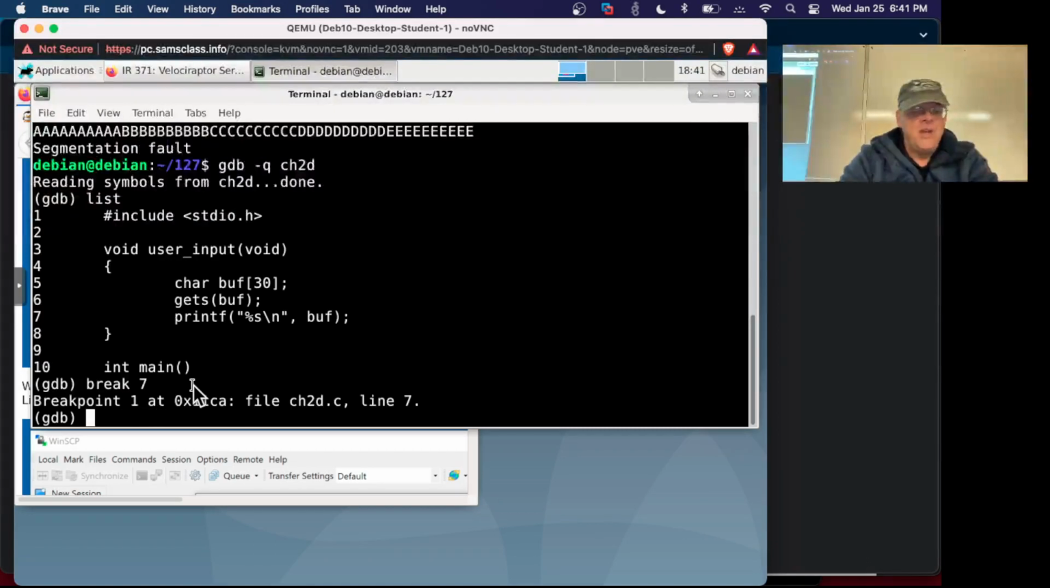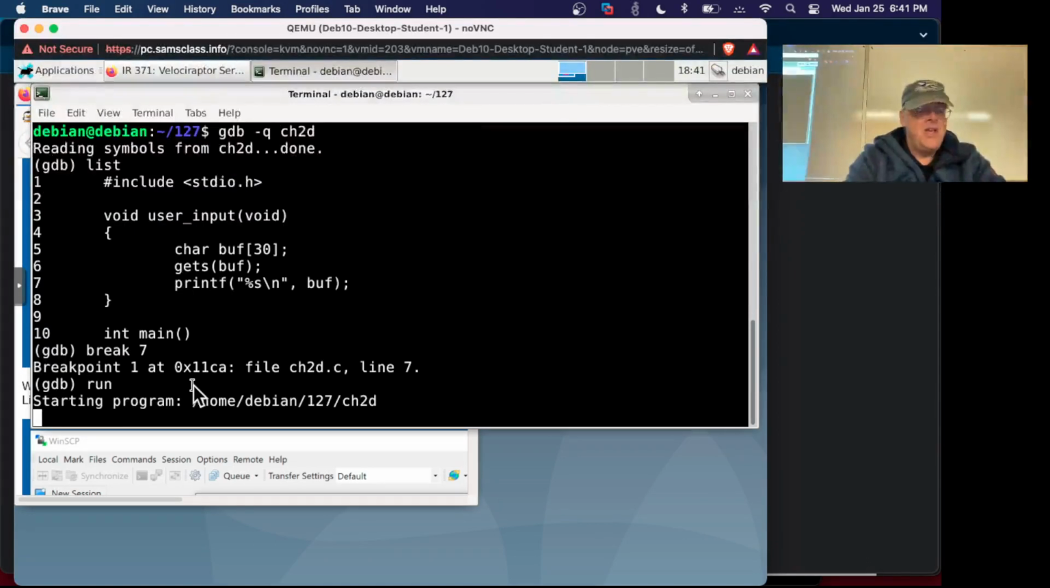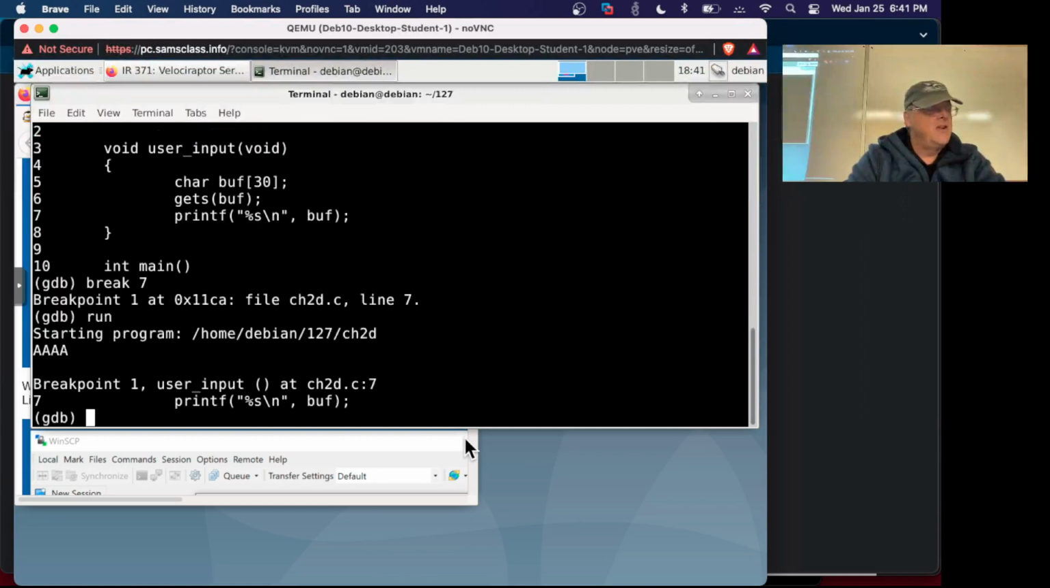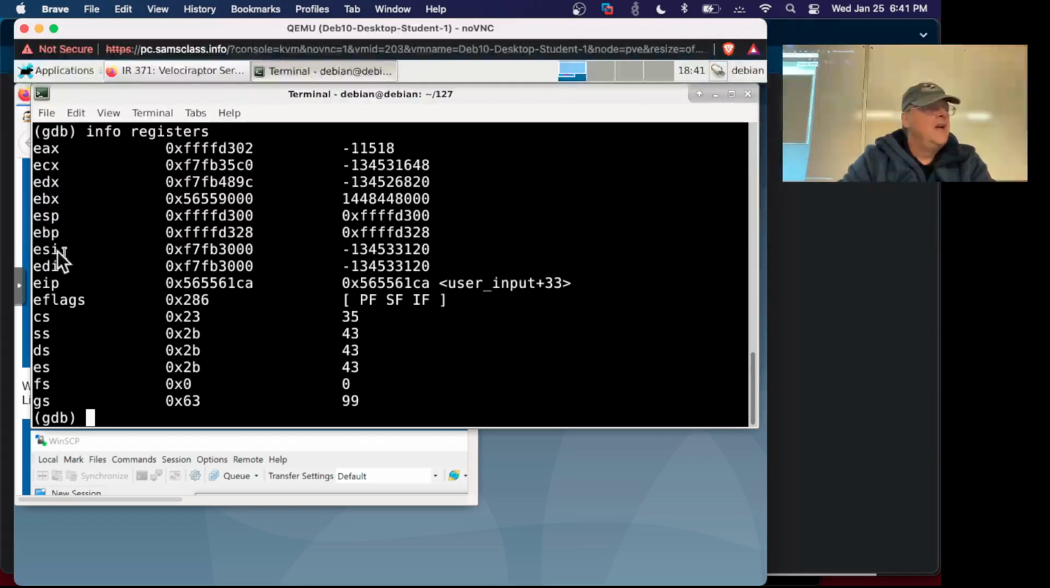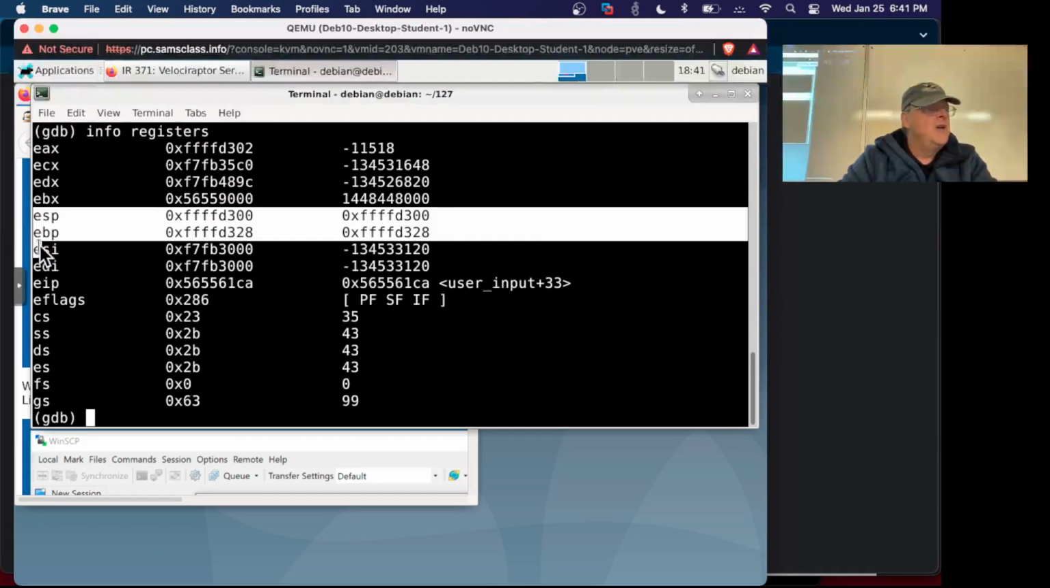All right, so now I'm going to run it. And it's asking me for data. So I put in AAAA and press enter. Then it hits the breakpoint. Now I can look and see what has happened. Info registers shows me that the current stack frame goes from 300 to 328. Okay, and I can look at the data that's stored there with x/20x $esp,